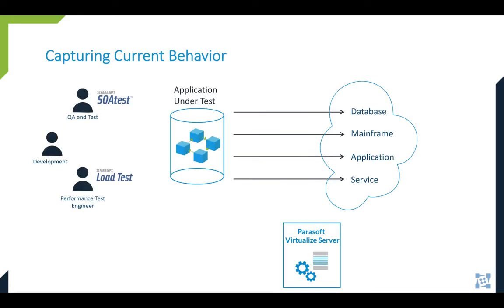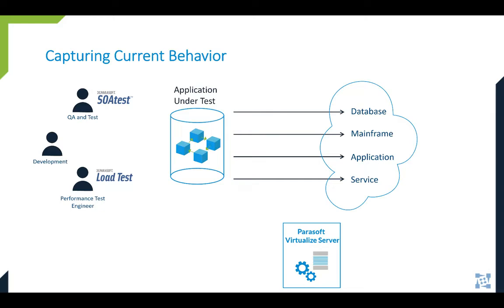So how do we virtualize? Virtualization is typically a 5-step process. You have your application under test here that your developers have been working on, and you have your testing tools. You have SOA tests, and you have load tests for performance testing. And the application will have back-end resources that it will have to access, like databases or REST or SOAP services